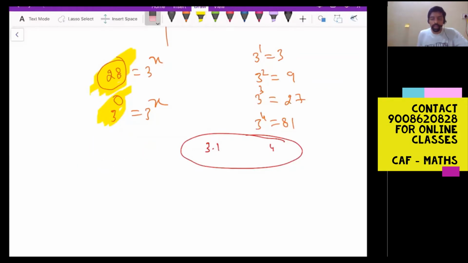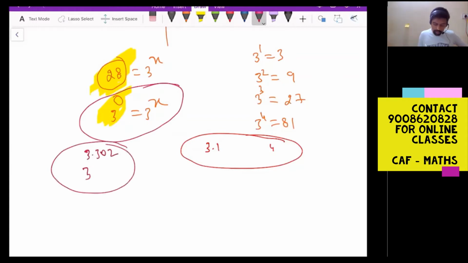Okay, now I hope you are understanding my question. The problem with us is we are unable to express 28 in exponential form with base 3. I don't know what I should write in the exponent. 3 to the power, I don't know. It can be 3.1, it can be 3.2, it can be 3.3, and so on. We have to solve it by trial and error method. Again, how to do this? If I want 3 to the power 3.302, tell me how to solve this.